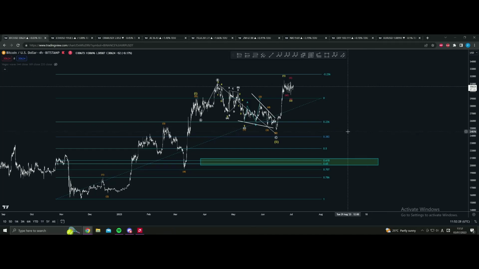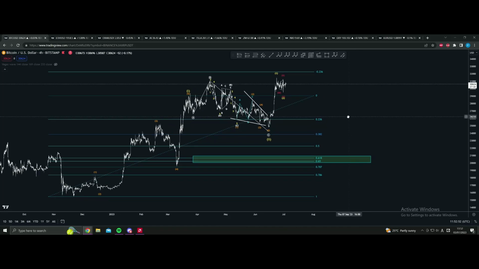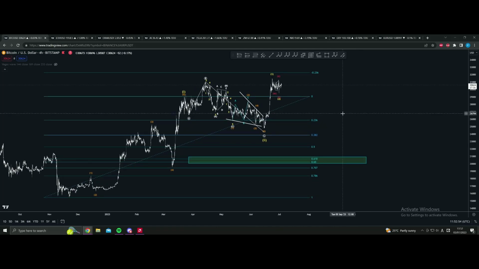I broke my thumb, so I couldn't update the YouTube for a while, and even now I won't be able to be as fast as I was before when it comes to manipulating the TradingView program. So I would start with Bitcoin, and considering the fact that this thing here can be counted in so many ways, I'm going to propose one